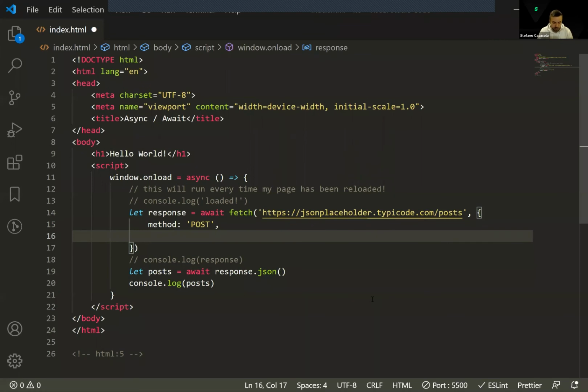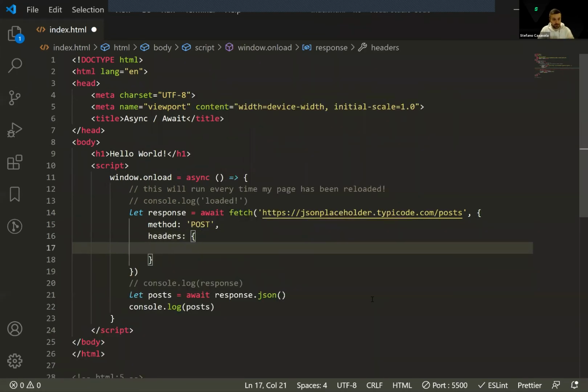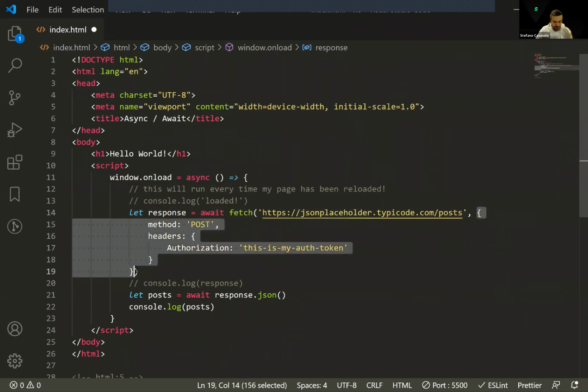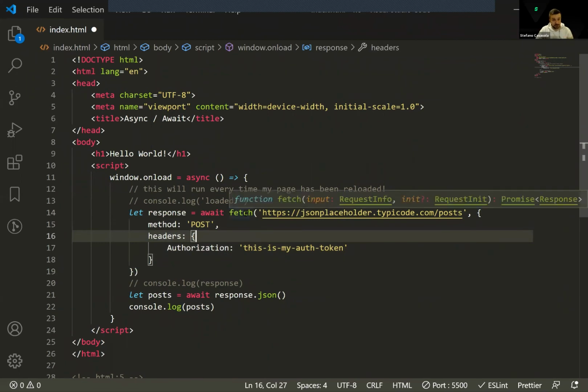And as well, you can provide headers. Headers are again another object. So headers will be something like authorization, and this is my auth token or something like this. This is a string that you can set up to provide some kind of authorization for your call. So all of these are part of the second object of the fetch method,